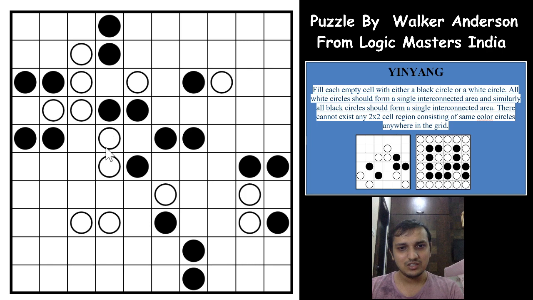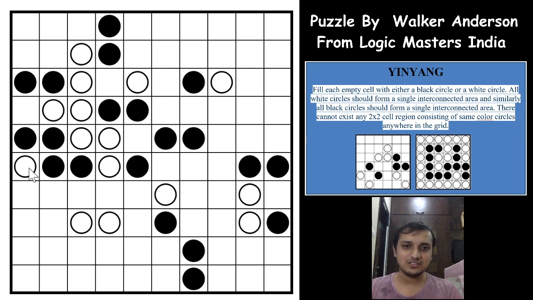Now if you see, we are restricting this cell to form a checkerboard pattern. It cannot be a black circle, which makes it a white circle. Now if you see, not to form a 2 by 2 group of all white cells, we need to shade this cell black, which means that again a checkerboard pattern will help us to make this circle black. Now we have formed a white circle here due to the 2 by 2 group of shaded cells black. It cannot be all black. So we have formed a white circle here.